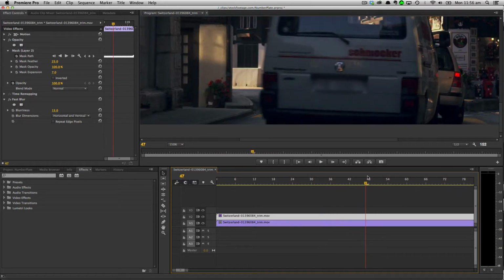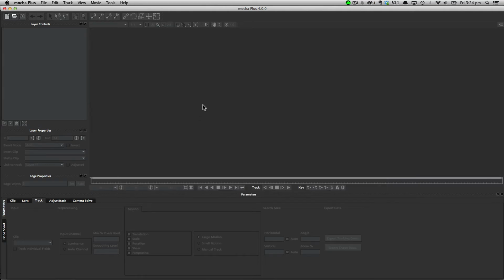Now, all the techniques I show you today can be done in either Mocha Plus 4 or Mocha Pro 4, and it'll only export into versions of Premiere that can support masks, and in this case that is Premiere Pro CC 2014 and above. Okay, so here we are inside Mocha Plus 4,